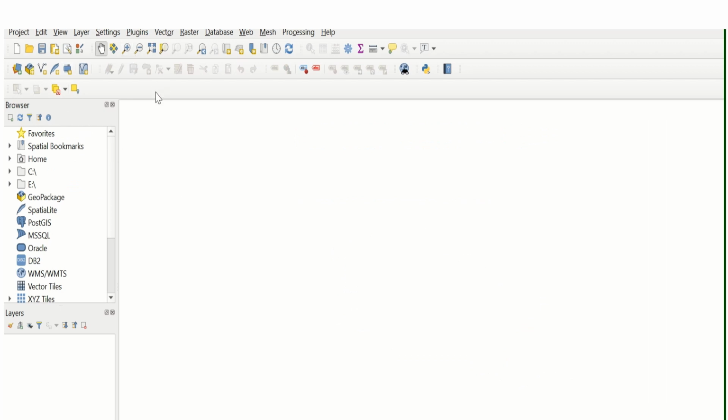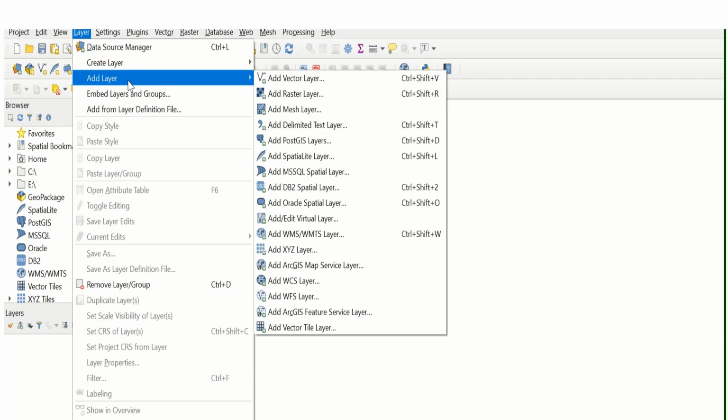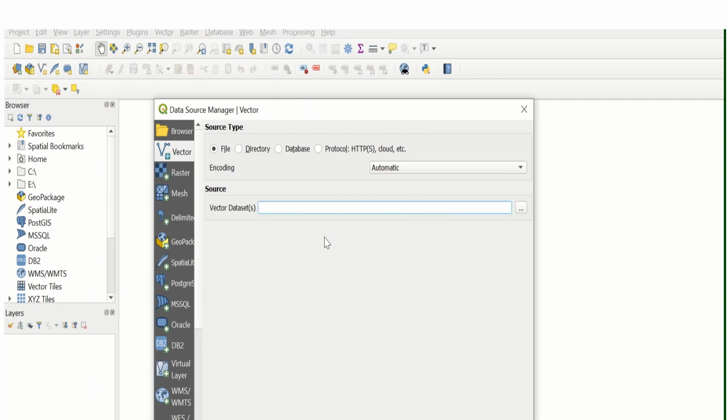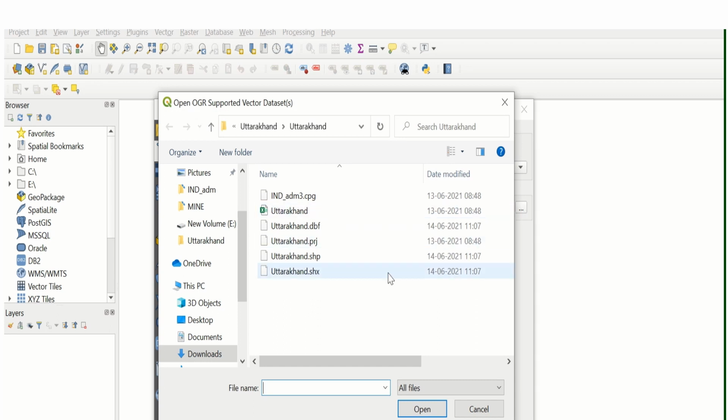Here it is the QGIS untitled project. First we have to click on, under the menu toolbar, layer, then add layer, then add vector layer. Then the vector dataset we have to select, that is nothing but our esteemed shape file. We click on browse.